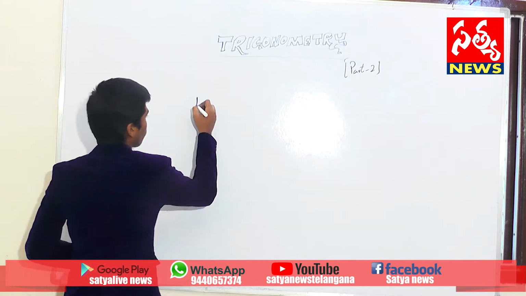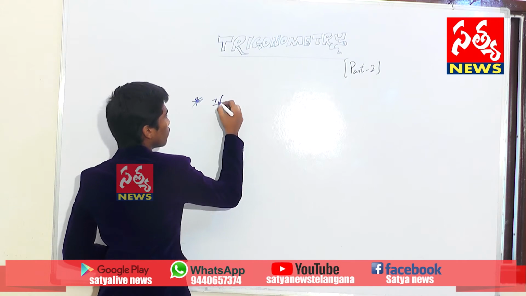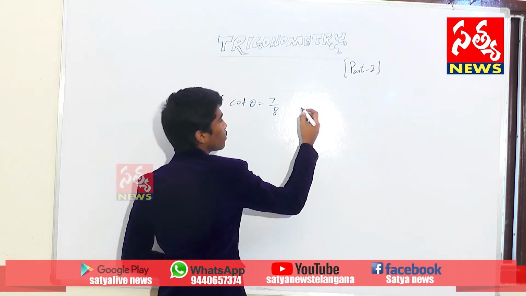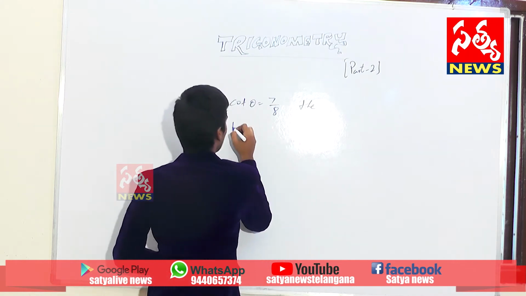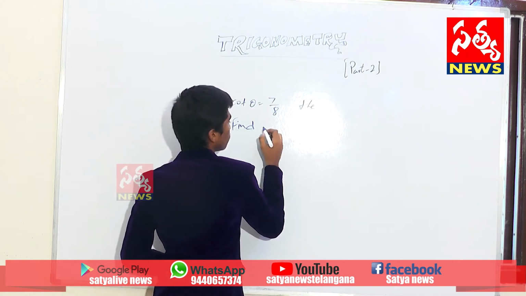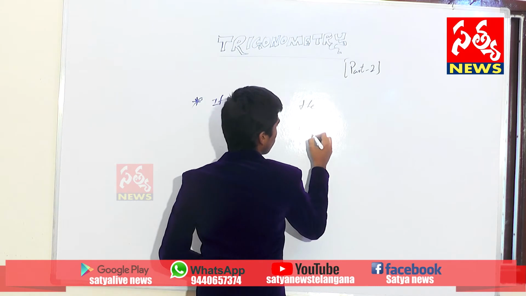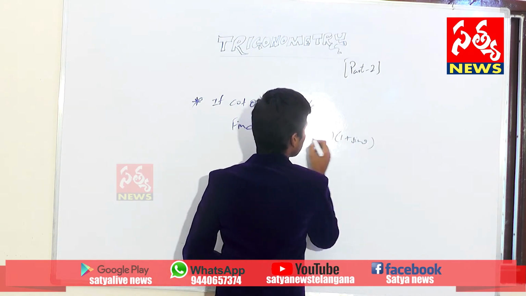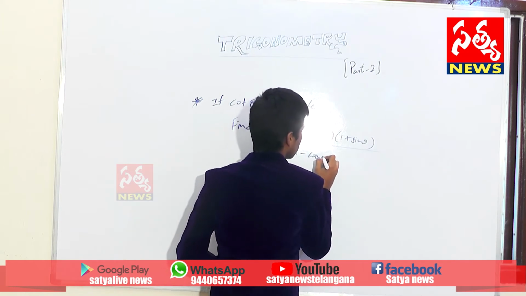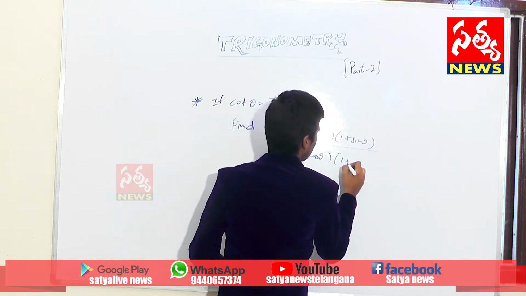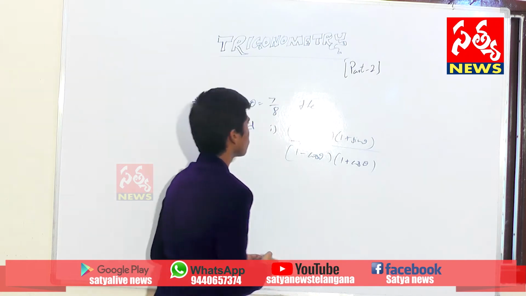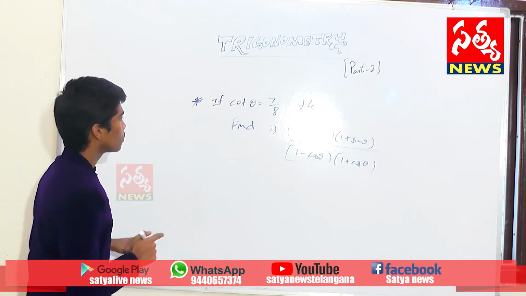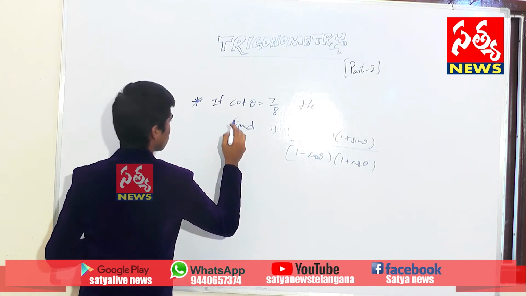Now let's discuss one more problem. If cot theta equals to 7 by 8, then find value of 1 minus sin theta into 1 plus sin theta by 1 minus cos theta into 1 plus cos theta. This problem can be done in two ways. First is,